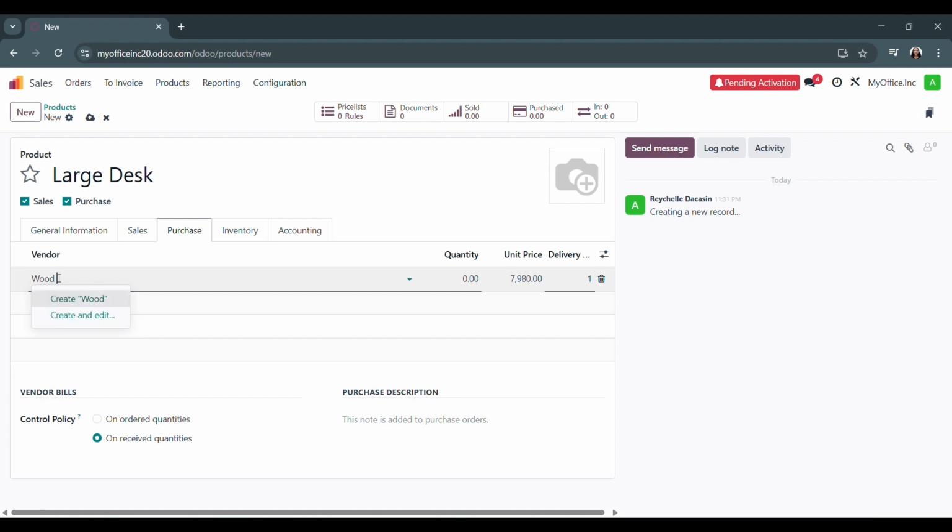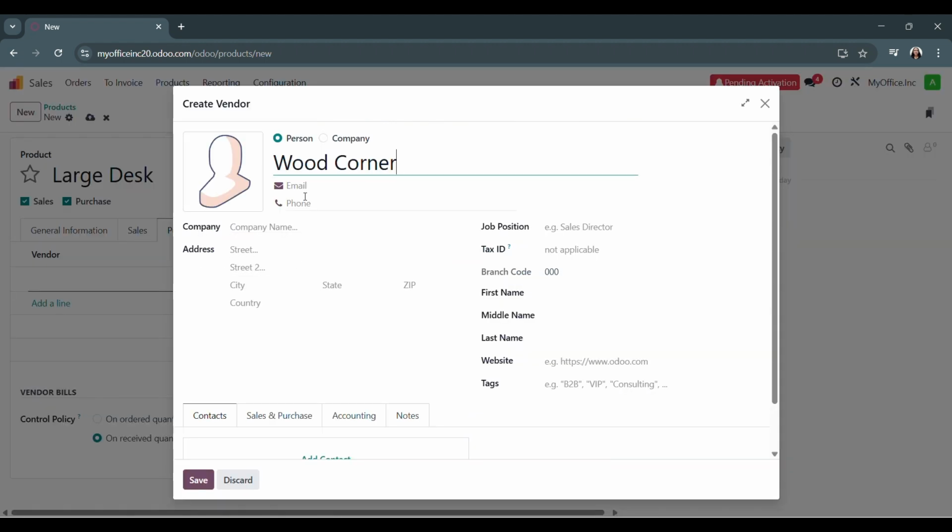Go to purchase, add line, type Wood Corner, then click create and edit and put the address.